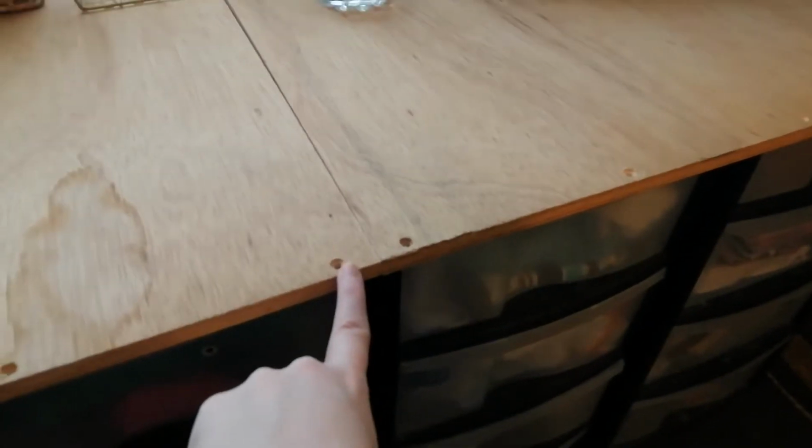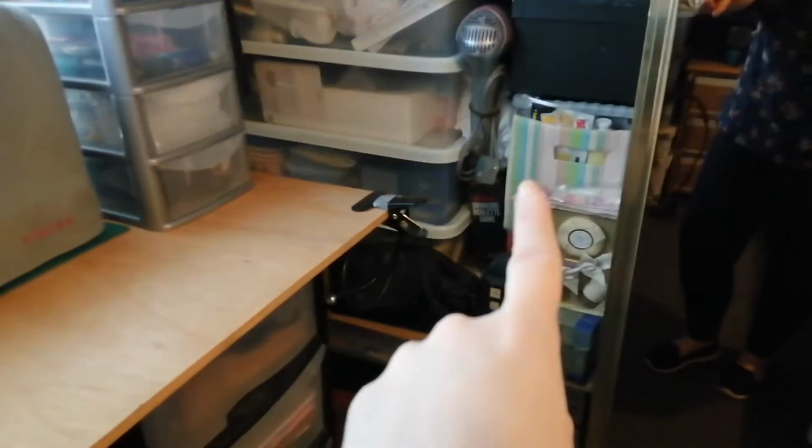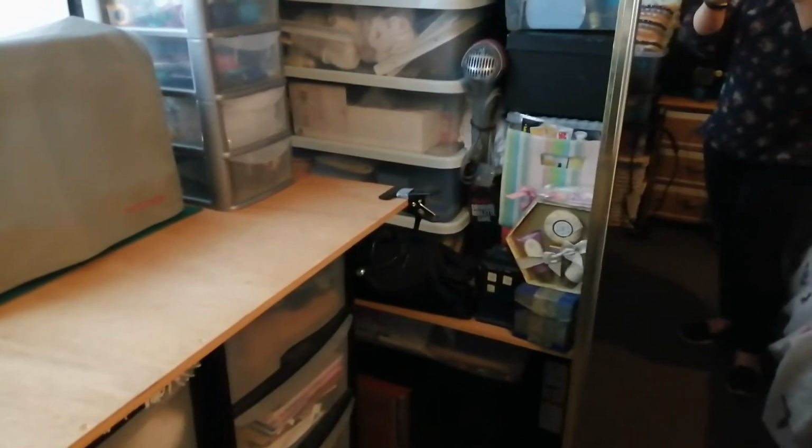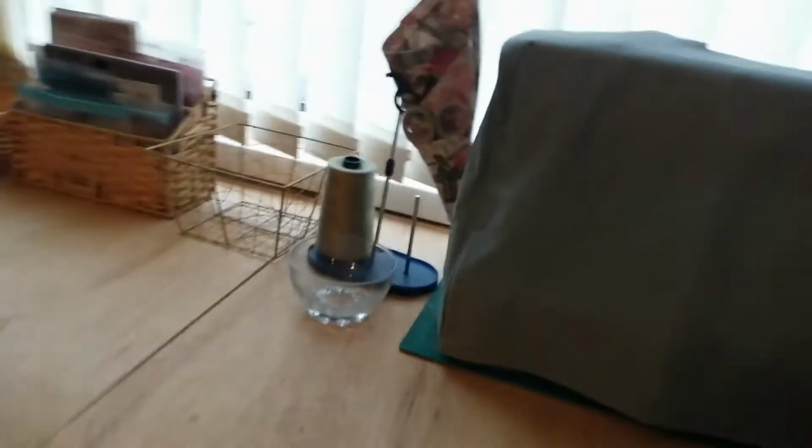Pardon me. So this is why this is temporary. It's not screwed in, but this comes in 2 sections. There is that piece of wood there, you know, it's just sitting on top of it, like so. We haven't screwed it in, but we could. But I put the shorter side over here so that if I do ever need to get in there whilst using this makeshift desk, I can just take that board off, move them 2 drawers, and then access the stuff in there, because before we even think about building the proper desk across here, I need to empty the wardrobe and sort through that, and then we need to build the shelves in and everything. So this desk will be staying for a while,